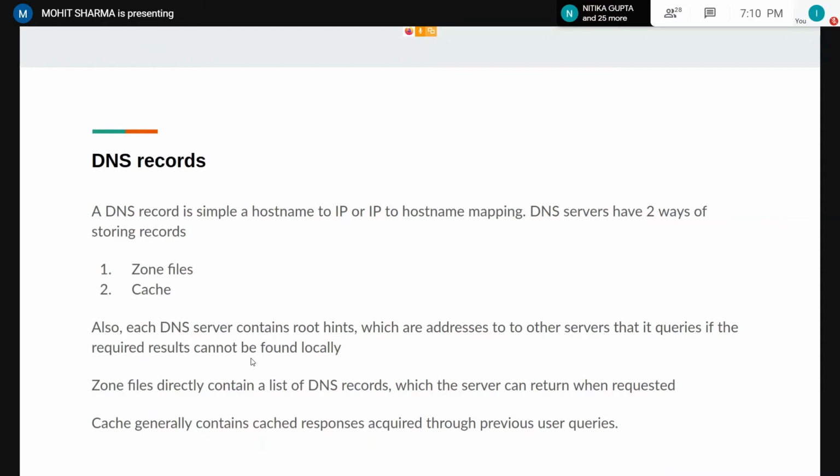Cache simply contains the DNS records acquired through previous user queries. Each DNS server has an upstream which it queries if it is itself not able to find the DNS record for the requested hostname. And then this external record is cached in that DNS server in case of further queries.